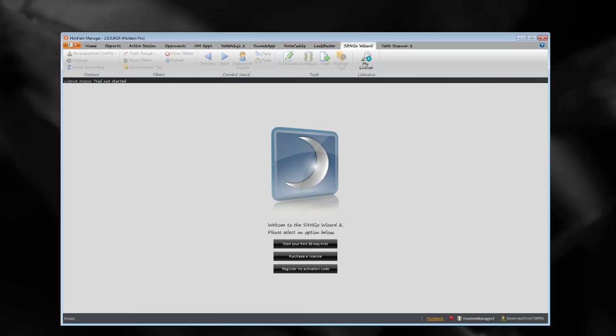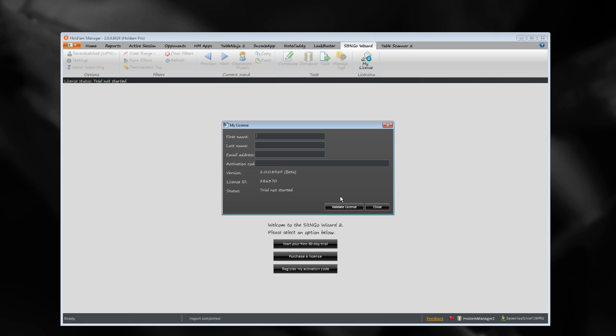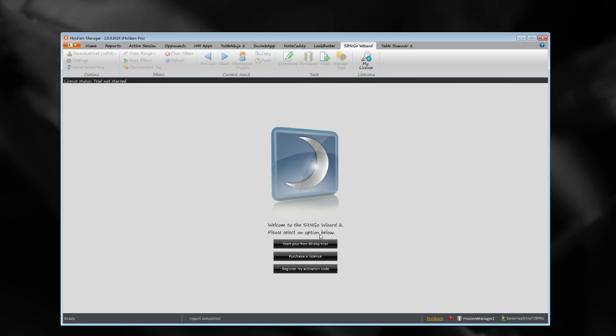So my Sit and Go Wizard will still work. And it's asking me for a code, even though I've already purchased this $100 program. So I guess I will have to go retrieve a code and get this working again. But this program will